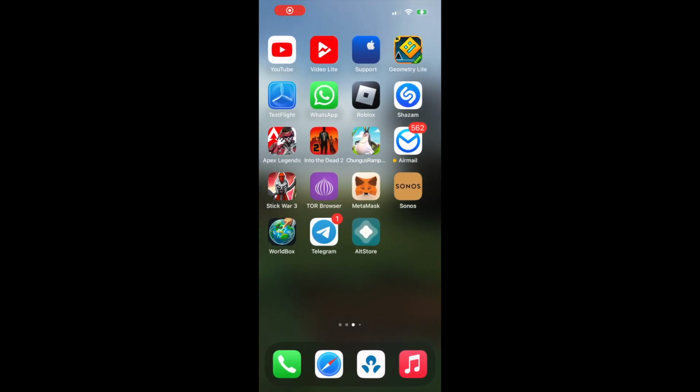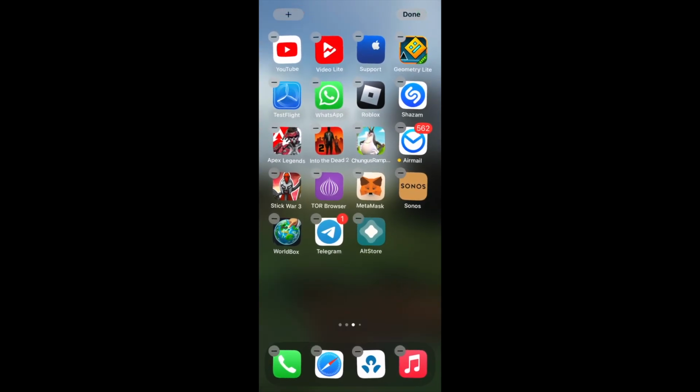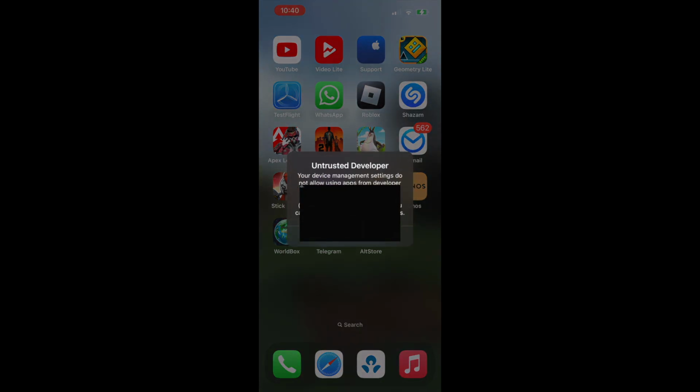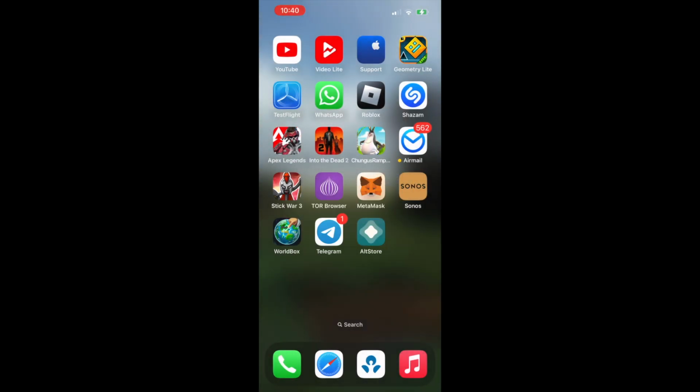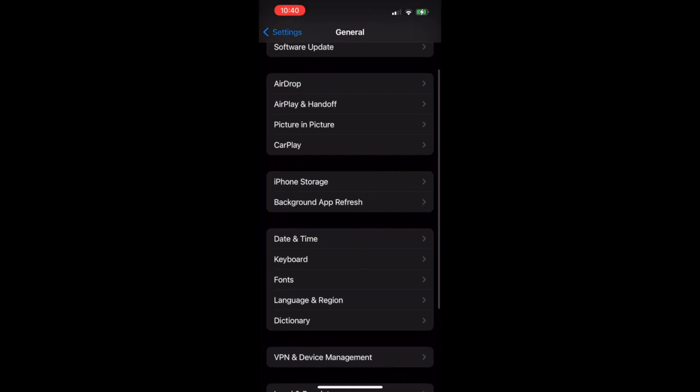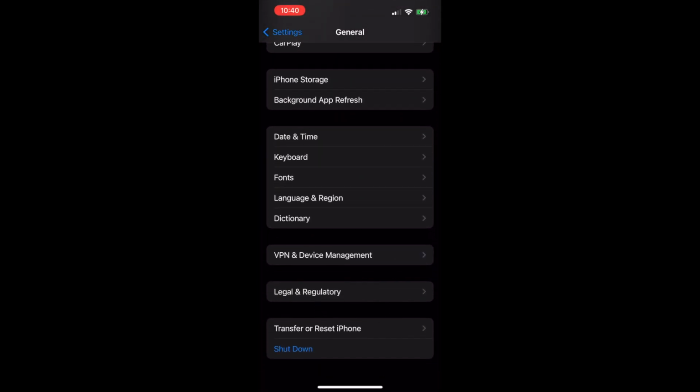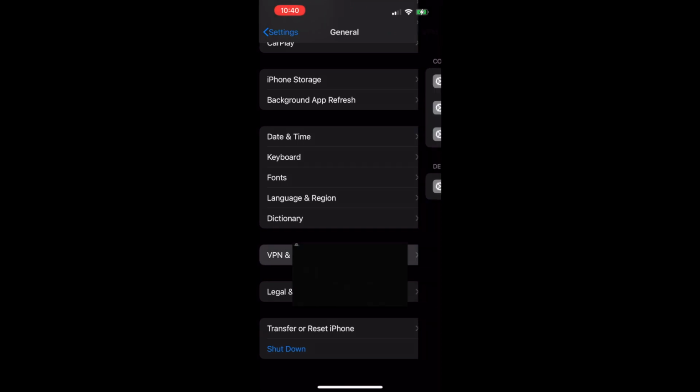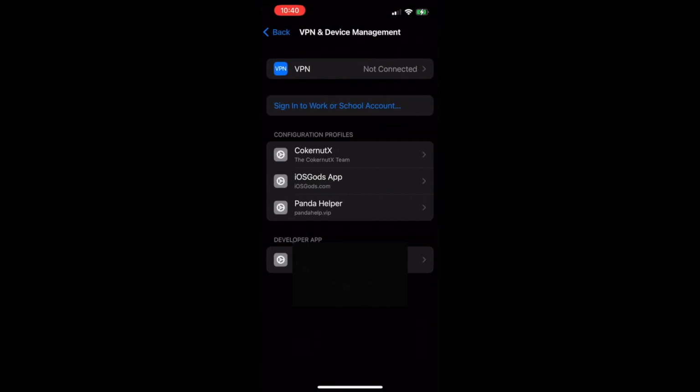Okay, so the first thing you're going to notice is on your home screen there's going to be a new app, and you're not going to be able to open it. So what you're going to want to do is head over to settings, then go down to VPN in general. You just got to click that. It should have your Apple ID down at the bottom, developer app. You hit trust,